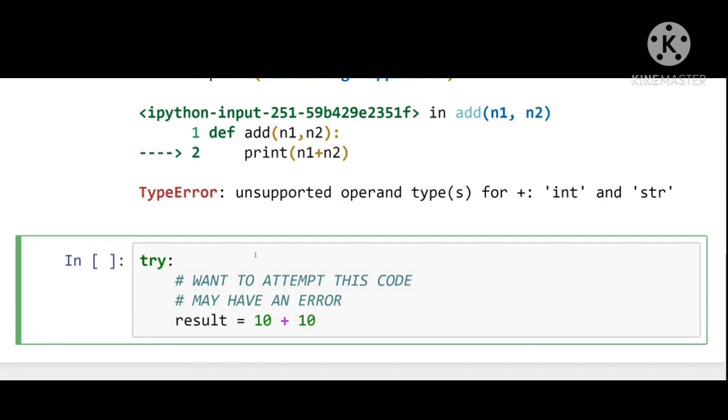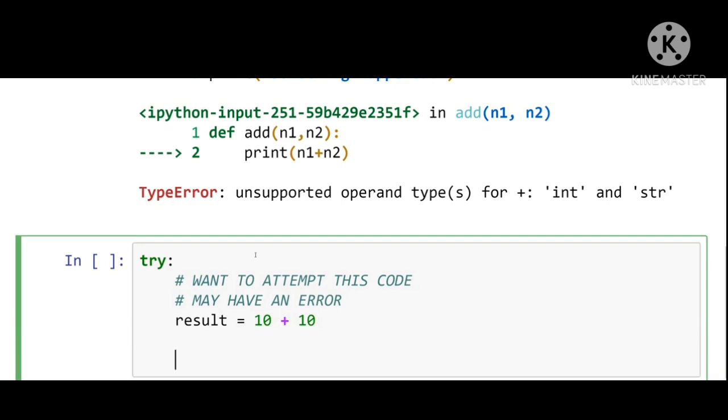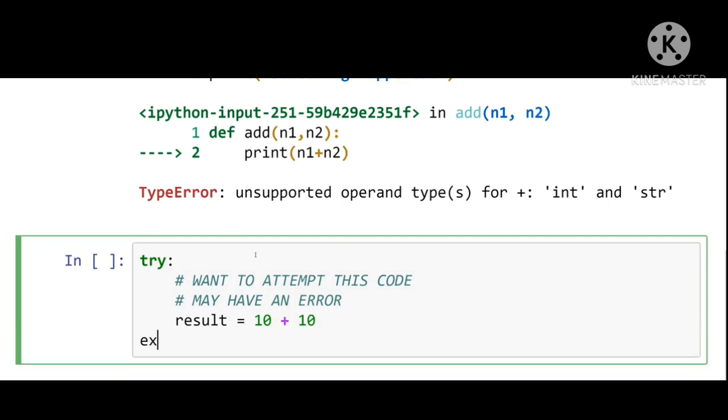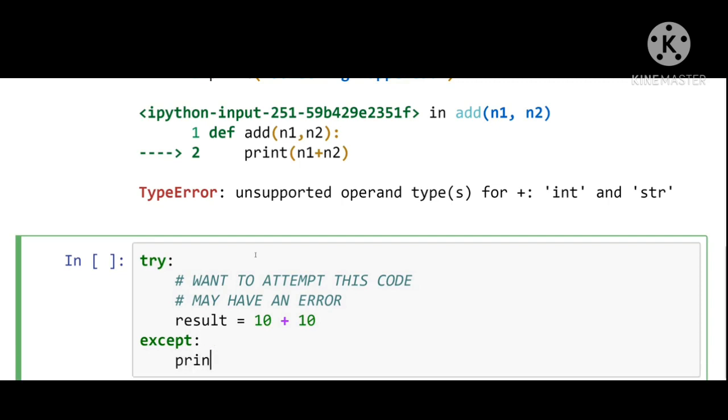So we know this is not going to actually induce an error. And then what I'm going to do here is I'm going to have my except block of code. So my except block of code is what I want to have happen if there is an error. And this is really common when you're building out larger libraries that other people are going to use. You can have except blocks, so you can print out a more specific message to the user. So maybe you can say, hey, it looks like you aren't adding